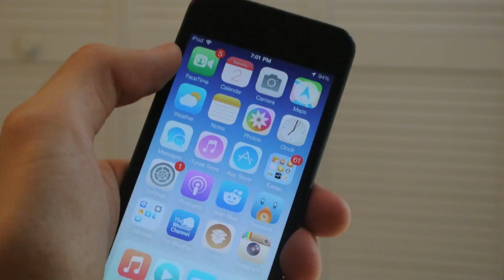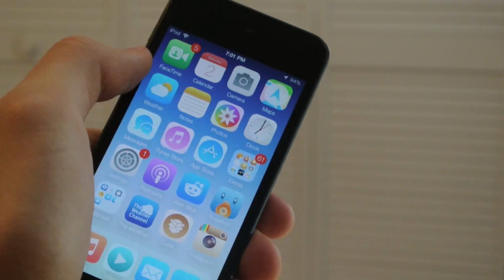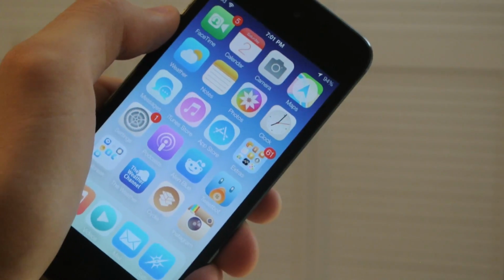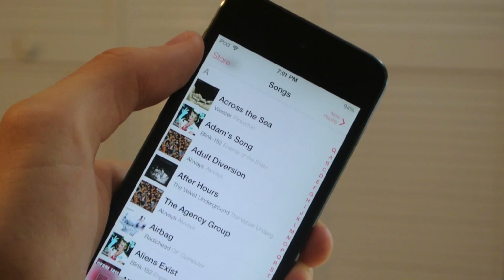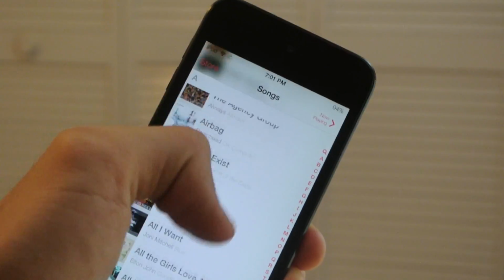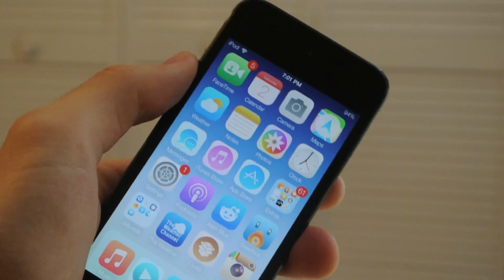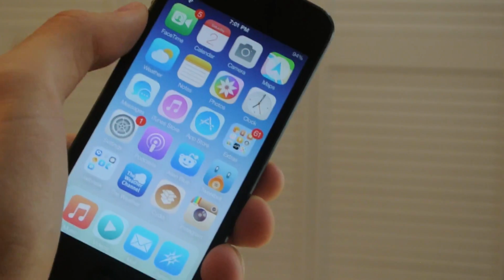I use my iPod Touch nowadays as a browsing device. Maybe if I don't feel like taking my phone with me out and about, or I have like 700 songs on here that I could listen to. Since I listen to my music in lossless audio, that's all I can fit on here, unfortunately, but still. It's a rather good music player if I just need to listen to something for an hour and I don't